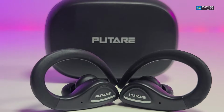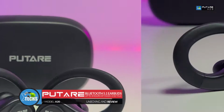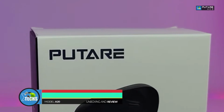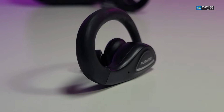Today I came out to review and also quick unbox these nice looking earbuds. It is called A20 and it is a Bluetooth 5.1 TWS earbuds from a company called Putare. I could not pronounce it properly, but it is Putare and it is a really cool little earbuds and it